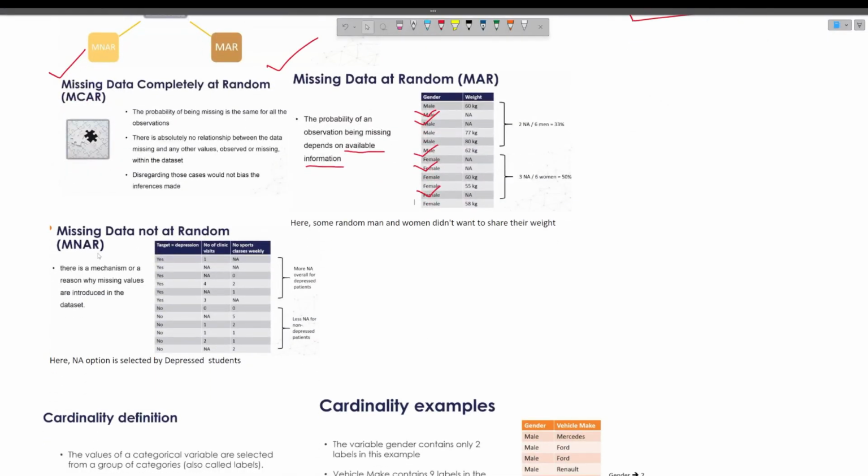Again, we have another one which is called missing data not at random. So again, the thing is, it depends. You can see the male. So you again cannot define a person, rather you are defining a gender. Like 33% of the men actually didn't want to share, and 50% of the women didn't want to share, and so on, right? You're defining a male, but sometimes it can happen that you are defining a particular person,